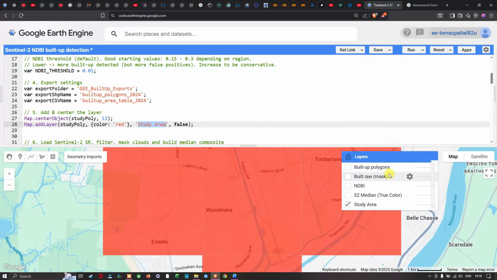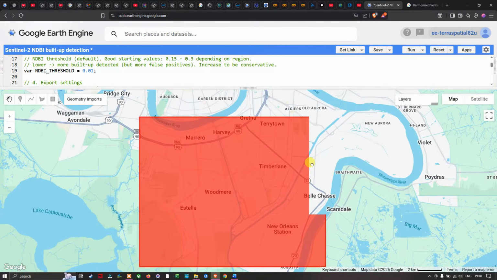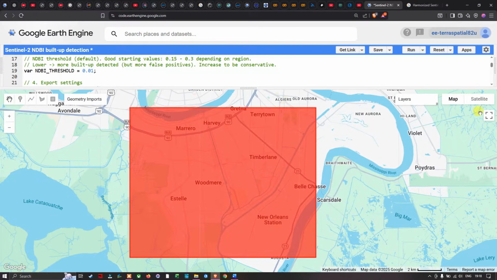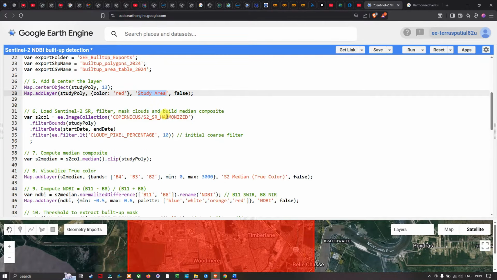So you can see our study region. This is my study region of my choice here. Let me turn to satellite mode, and you can see this study region. Once we fix our region of interest, in the next step, I'm going to load my Sentinel-2A, the surface